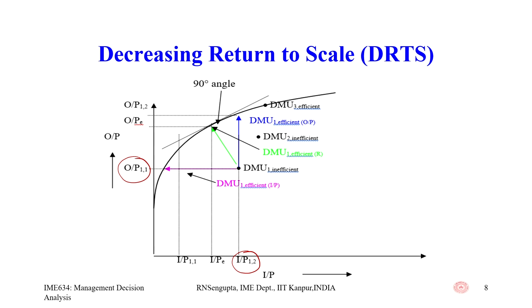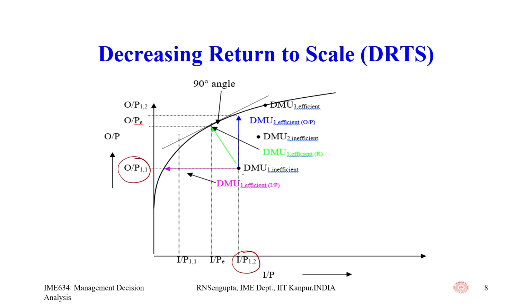Another way can be that I maintain my input and increase the output till it reaches the vertical height, which is DMU1 efficient, in blue color. DMU1 efficient input based is the horizontal movement to the left-hand side, as you can see on the slides. And in the case of the blue one, inputs are fixed and outputs are being increased. And in the case of the DMU efficient, the green one, where it moves